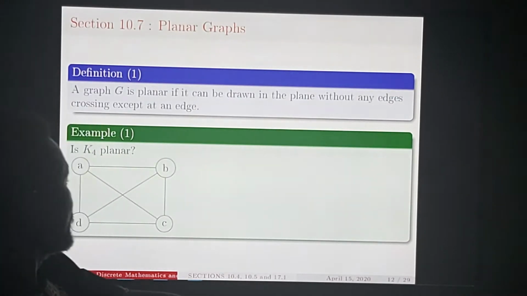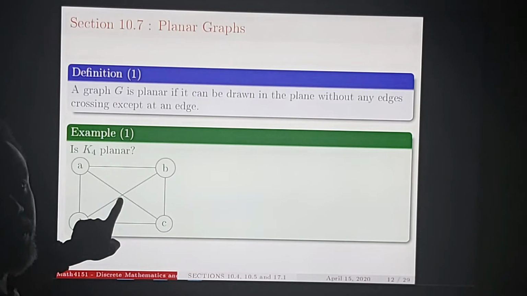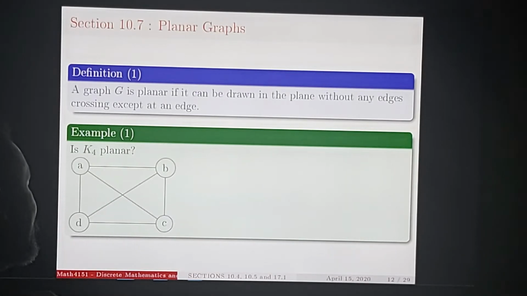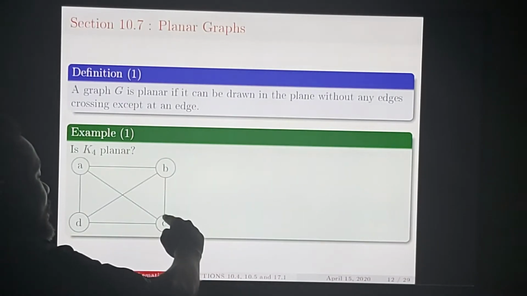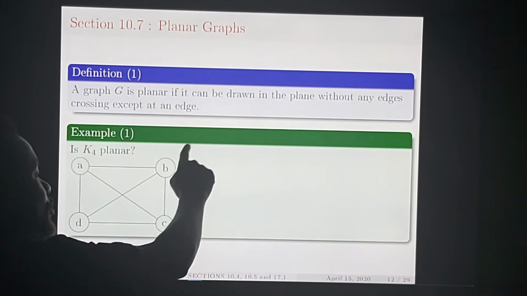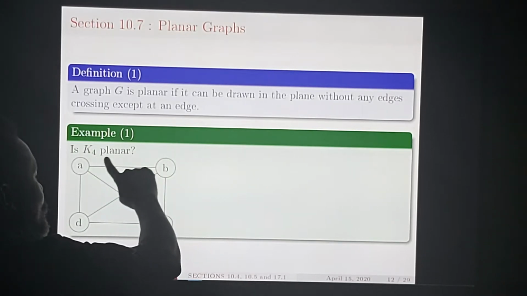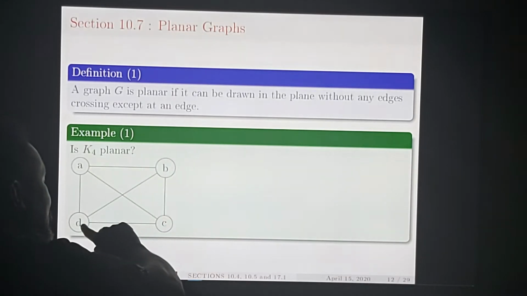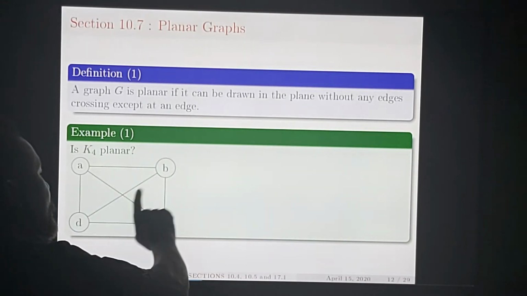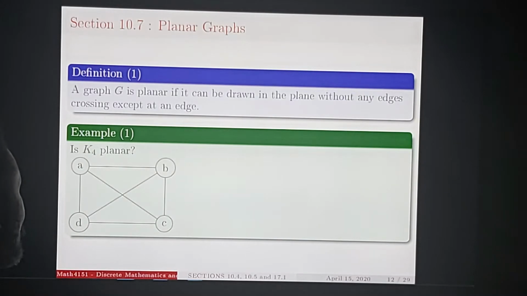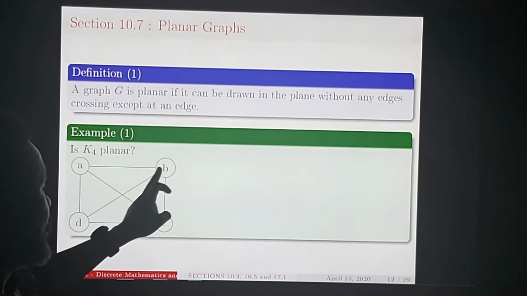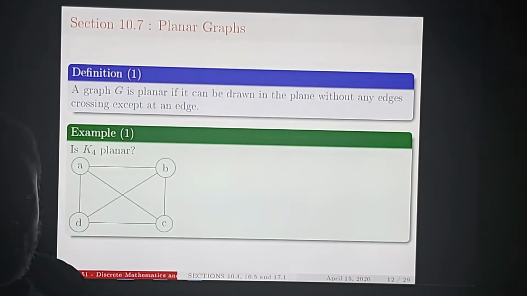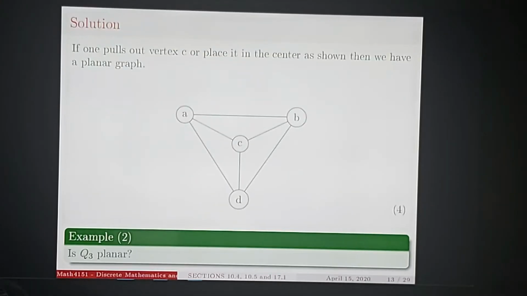Well, here you can see it's crossing, but we can remove this crossing. How can we do that? Well, if we take C outside here, for example, then C is connected to B and to A, and then where is the crossing now? From D to B. Is that a nice way of doing it? Very simple: just take this edge like this, round. Then there will be no crossing. Well, that's one way of doing it. The other way of doing this is even more elegant like this. You put C at the center.